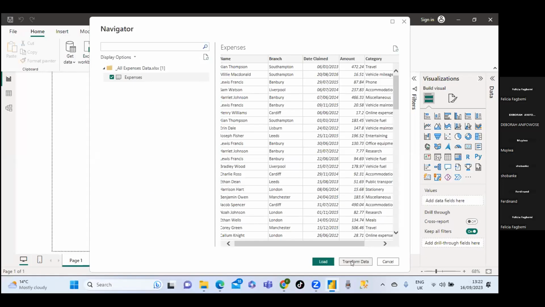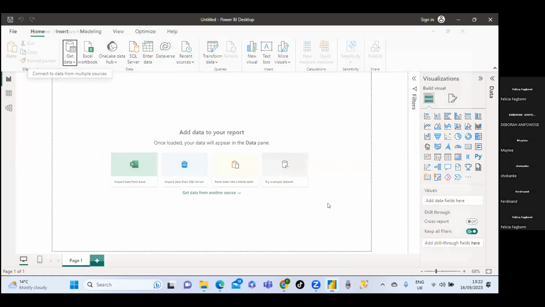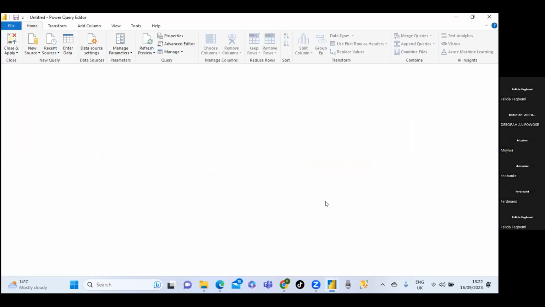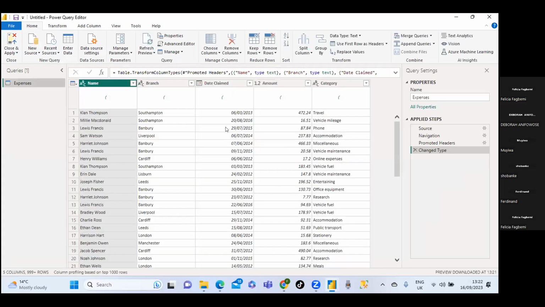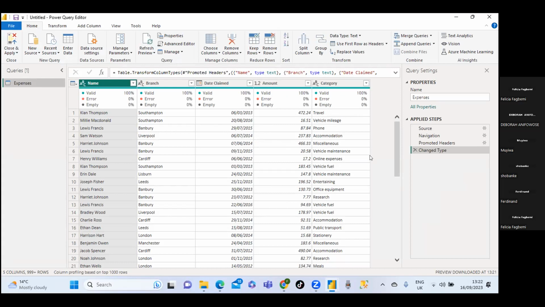Go and click on transform data. So now it's taken to your Power Query editor. That's where you can do some stuff with your data sets. So I'm going to